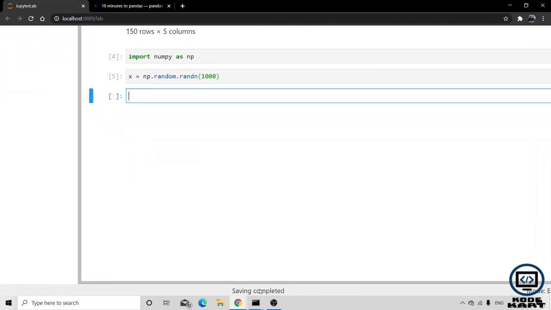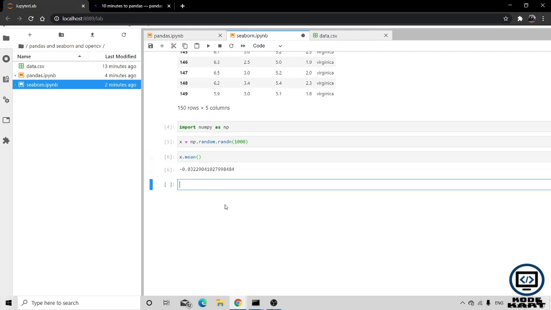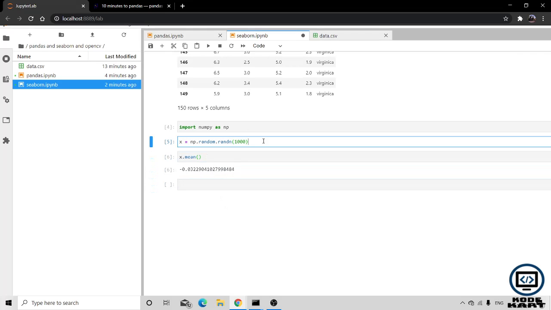When we studied this topic in NumPy, I already told you that when the random function generates 1000 values, the mean of these values is going to be 0 and the standard deviation is going to be 1. So if I generate its mean, x.mean, you can see that the value is approximately coming nearby 0. Every time I do this, the approximate value of this mean comes up to 0.